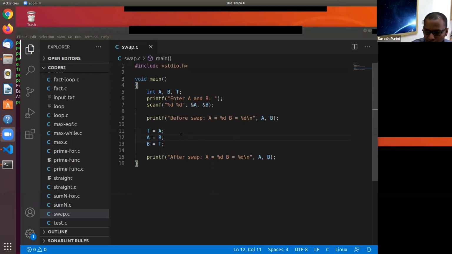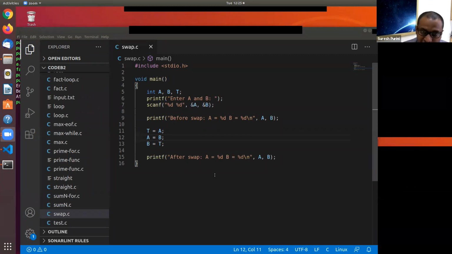This is the baseline approach. If anyone has a problem with it, you can ask me, but there are other approaches, like what is being suggested, where we try to do a swap without using a third variable. If you don't get it for the time being, ignore it. It's not a big deal. We can figure it out later. So this is what I would like you to understand.